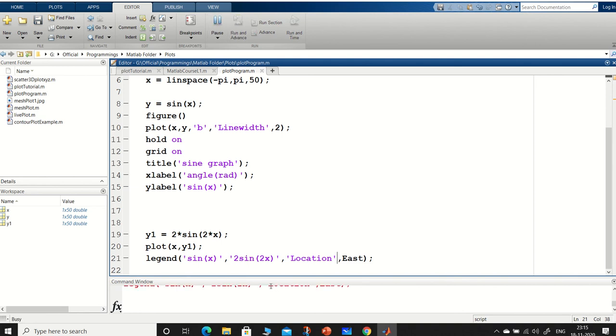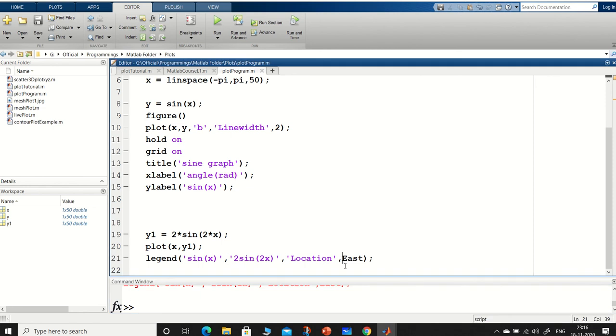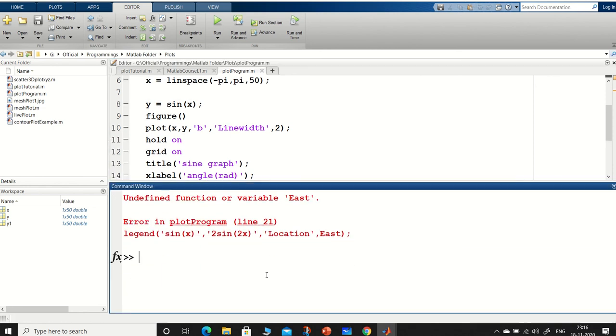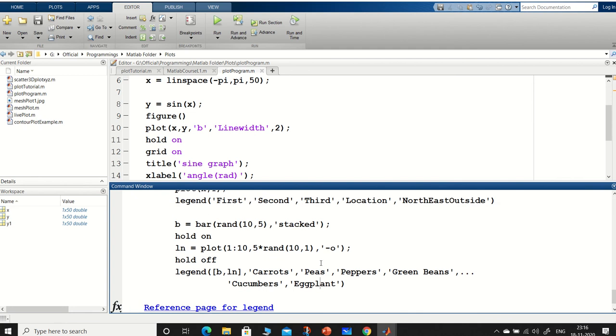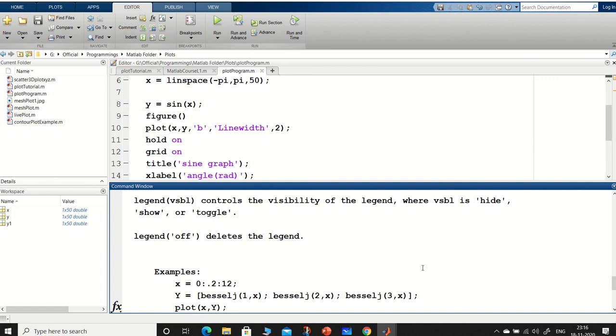Or if it is not given properly, then it will give you an error. So if you want to see the legend, it needs a proper position, like location northeast or something like that we have to put, okay.